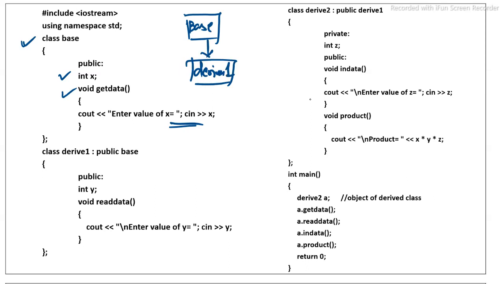Derive1 is publicly derived from the class base, and the derived class definition is containing one public data y and one public member function read data. So here we need to input the value for y using the cin statement, and another class derive2